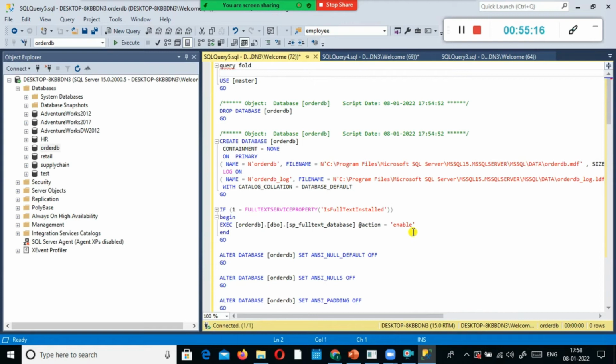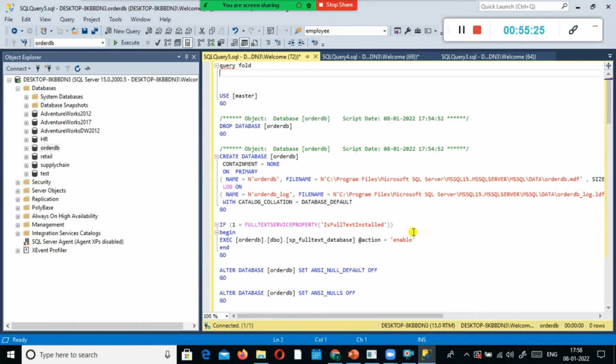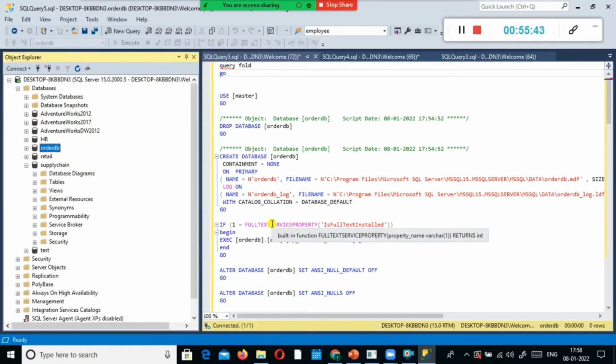For performance reasons, see, if the query folding option is not enabled, sometimes due to some limitations in Power BI, the query fold option will not be enabled. Supposing you imported a table from the supply chain database into Power BI and you want to merge two columns.